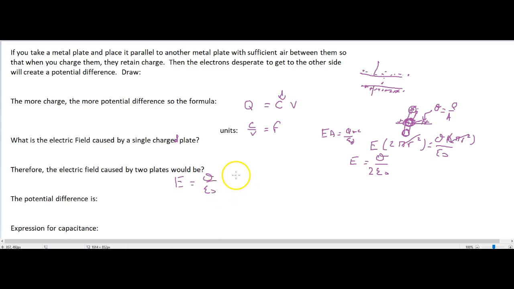Okay, so the potential difference is, oh, how do I find potential difference? Well, it's just electric field. We remember that between two charged plates, the electric field lines are going to be straight as an arrow because the electric field is going to be the same. They're going to be equally spaced out. So therefore, to find my voltage,